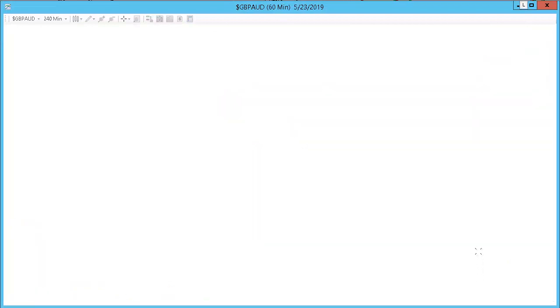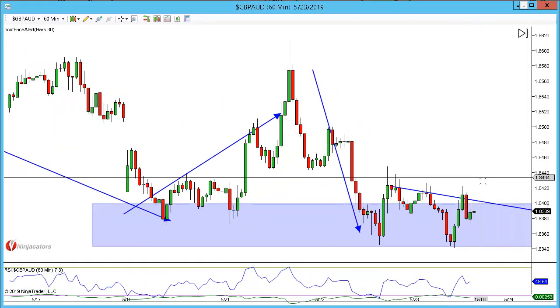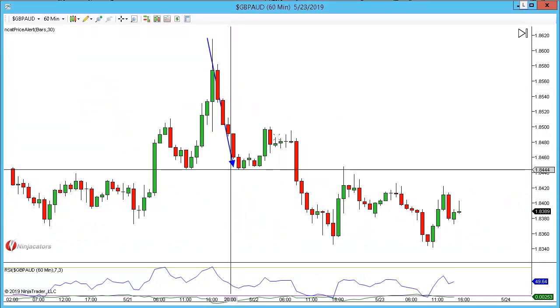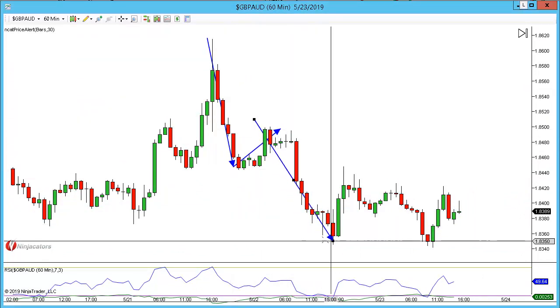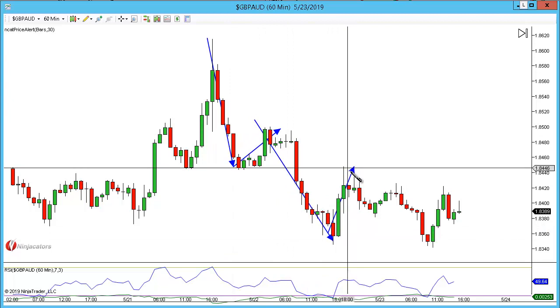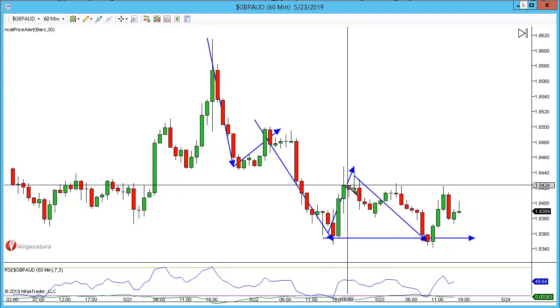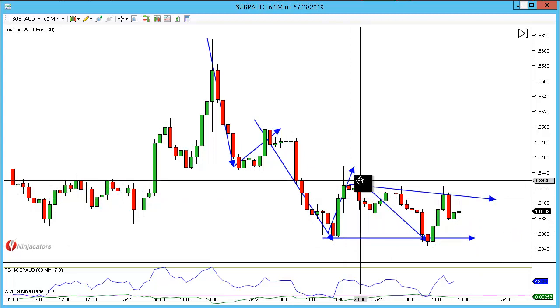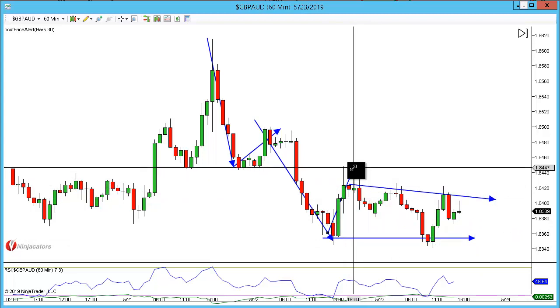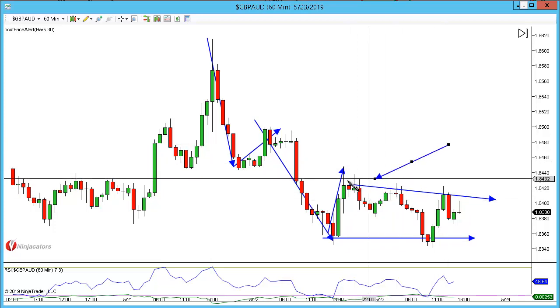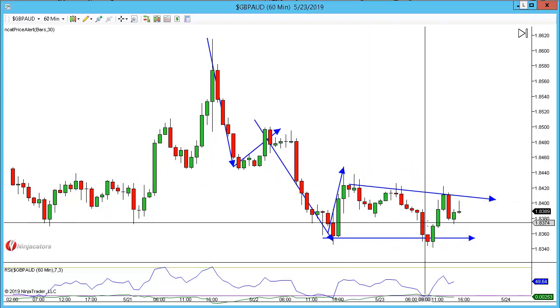Here on the 60, then what we have is this. We had a move lower, outside return, a move lower, outside return, and then we're kind of shelving off just here as well. Looking at this trend line personally, this is what I'm paying attention to. Now this is not a triangle because this touch here came up to test the closes of the candles, but